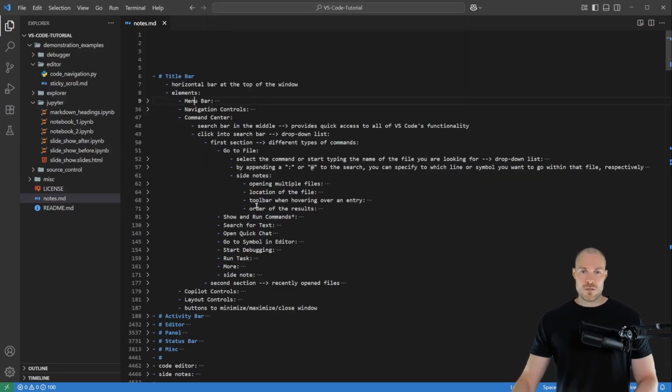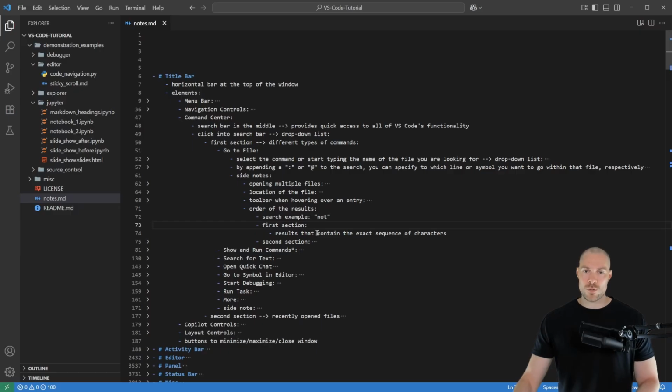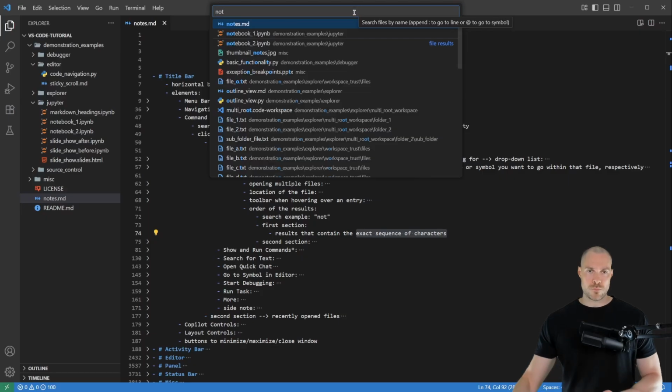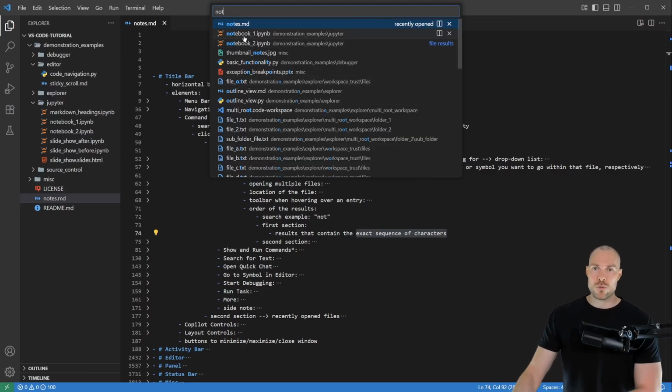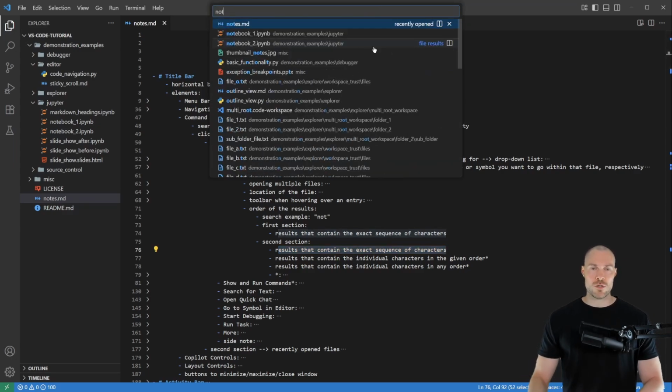And now the last side note is about the order of the results. Namely, in the first section, the results, there are only results that contain the exact sequence of characters. So if I search for not again, here there are only matches where there is an exact sequence of these characters. So only NOT. Then in the second section, we have different results. The first ones are again matches that contain the exact sequence of characters. So again, if I search for not, this would be here thumbnail